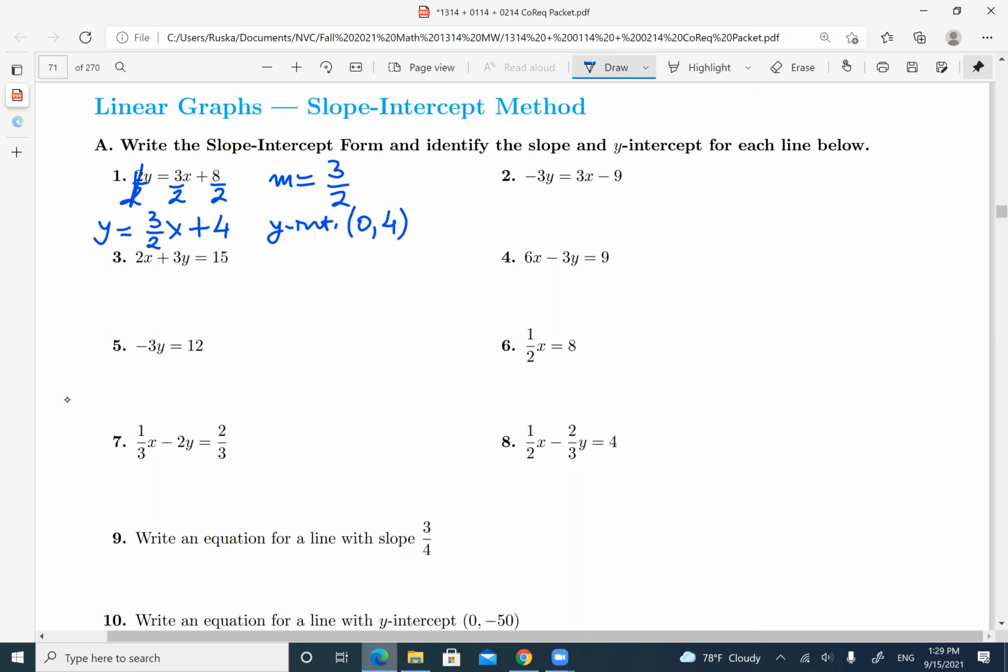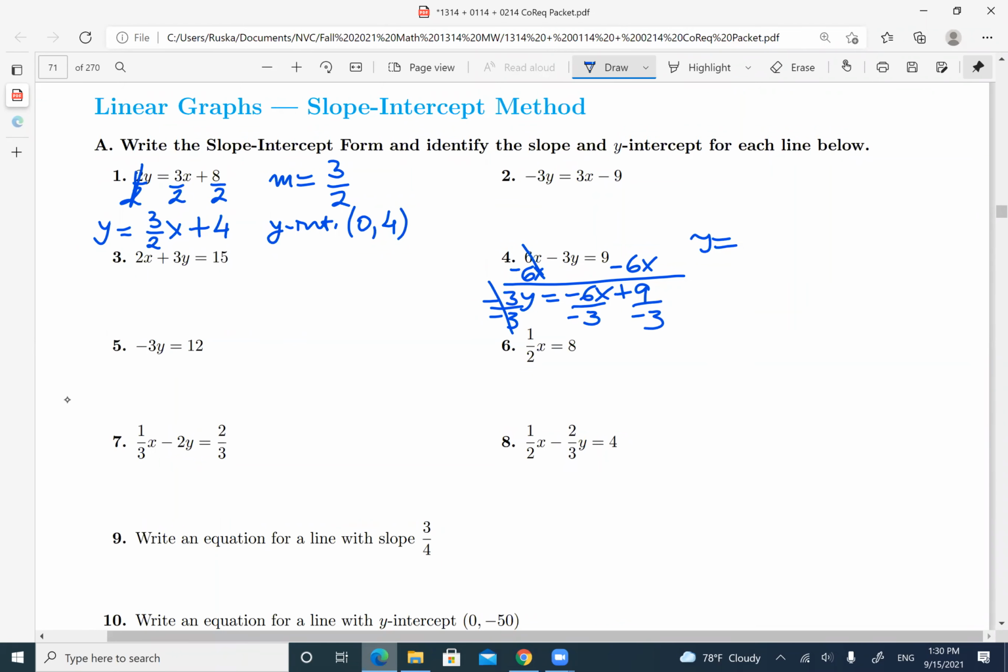Number 3, let's do number 4. We're going to subtract 6x. You're going to move the x over. So we're going to get negative 3y equals negative 6x plus 9. And then you're going to divide everything by negative 3. So when you do that, you're going to get y equals